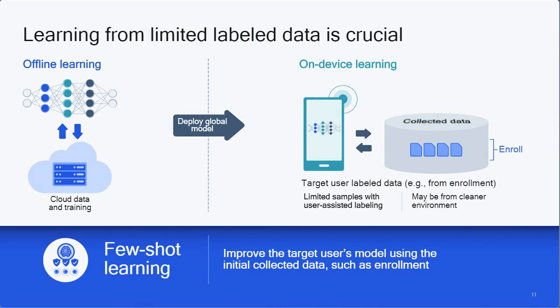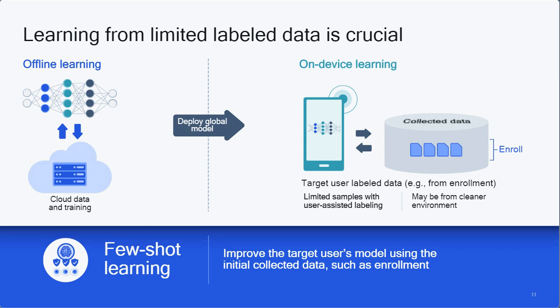So let me start with few-shot learning. In few-shot learning, first of all, learning from limited data is crucial for this, because if we look at our operating flow, we train offline, and then we deploy our model. And in many cases, we may be able to collect data, but if we want the data to be labeled